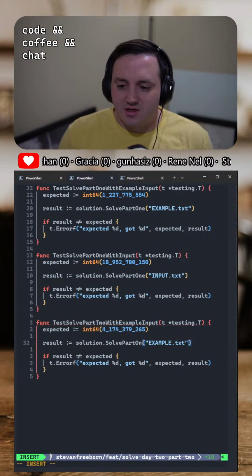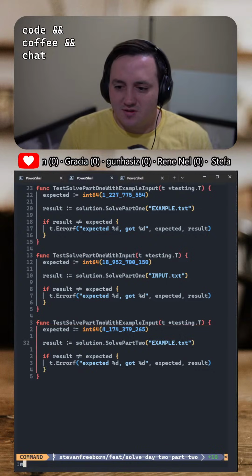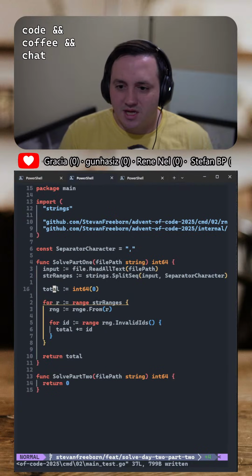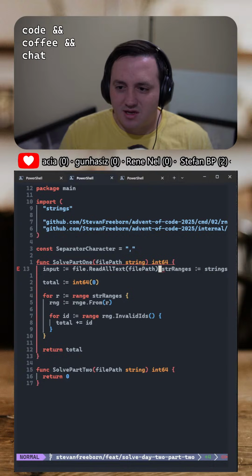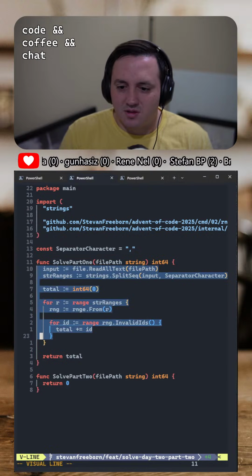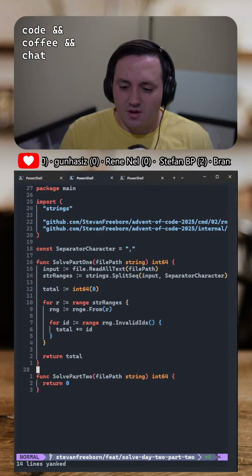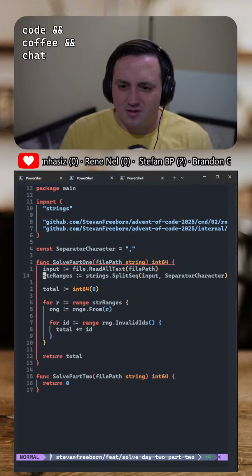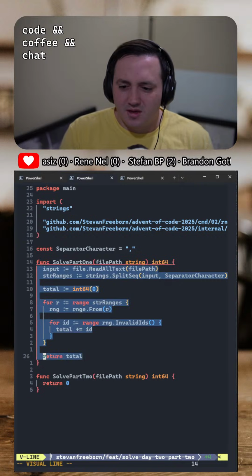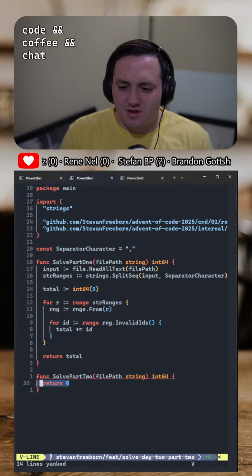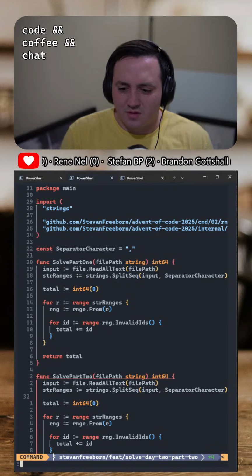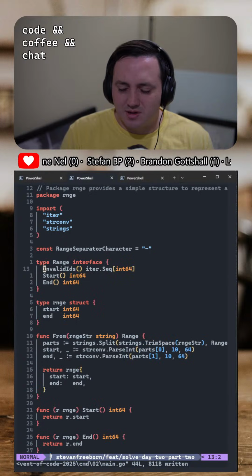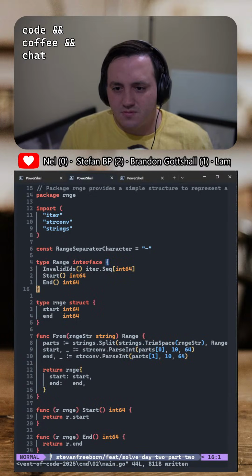let's see if we can just start trying to make sense of this a little bit. So it's going to have much the same. I mean, honestly, this can all be copied to part 2, because we're still only dealing with a single range at a time. And I abstracted the ranges away into a separate package. And so